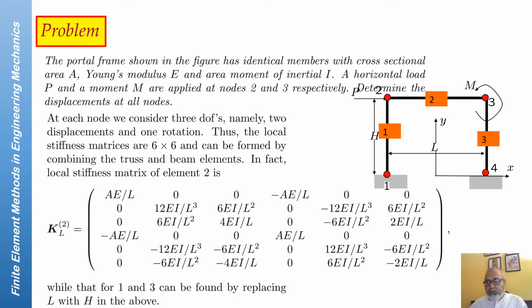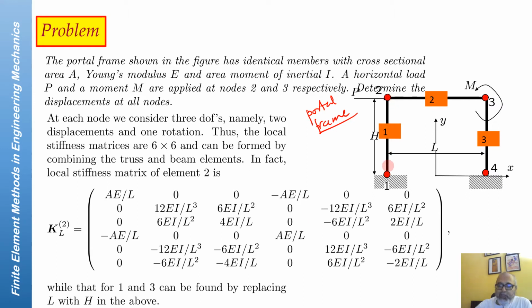So here's another problem. We have a frame, called a portal frame by civil engineers, which is basically like a football goalpost, where we have numbered elements like 1, 2, and 3, and the nodes as 1, 2, 3, 4. We can choose any numbering. We have chosen this. Now, in this problem, what we want is this, if these are exactly beam elements,